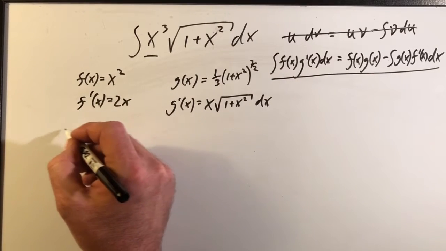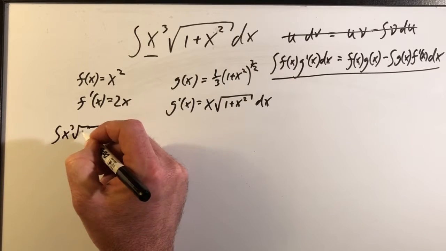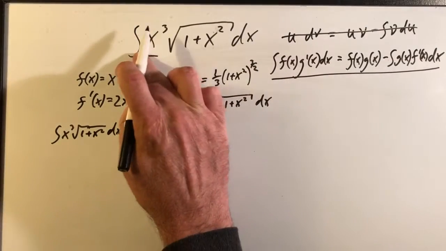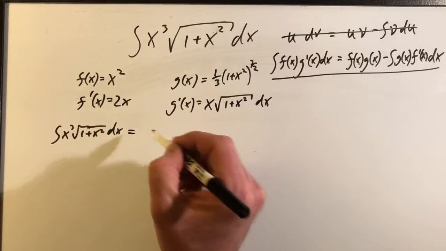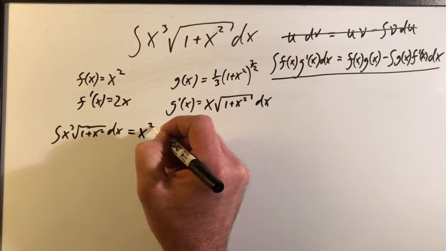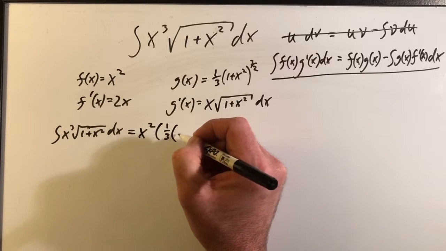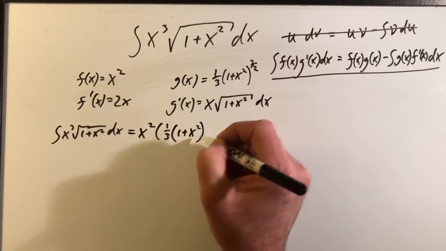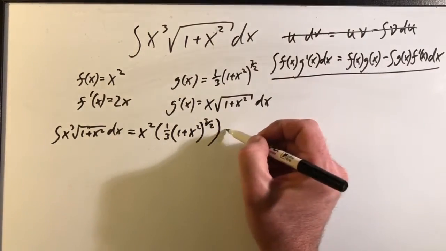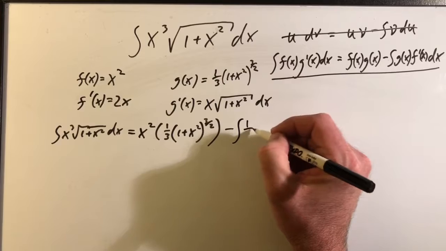So let's fill it out. So the integral x to the 3rd square root, I'll just rewrite it one more time, dx, it's that equation right there, equals, now I'm going to take over here and start grabbing my parts, squared, and then that's going to be multiplied by 1 over 3, 1 plus x squared, 3/2, like that. Then it's going to be the other part, minus the integral, and it's going to be 1 over